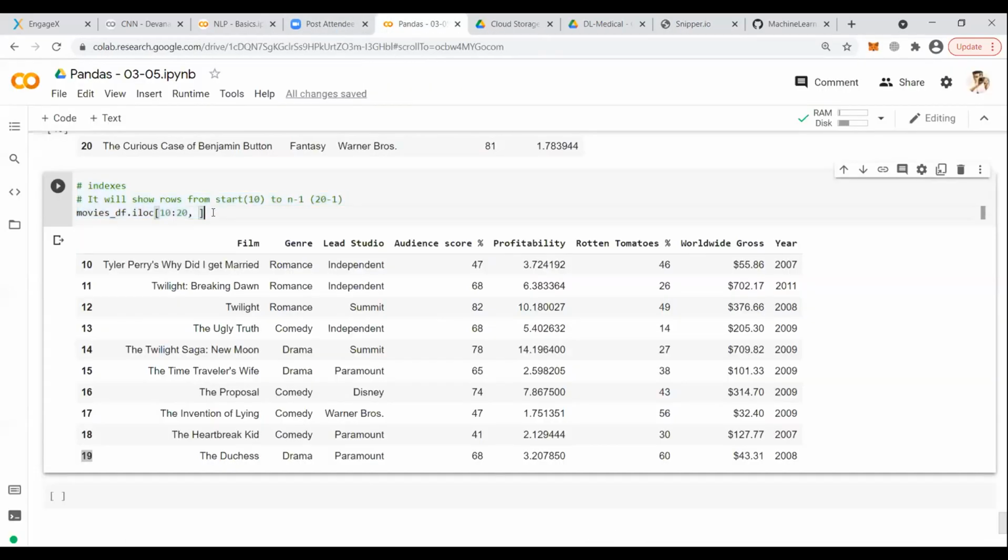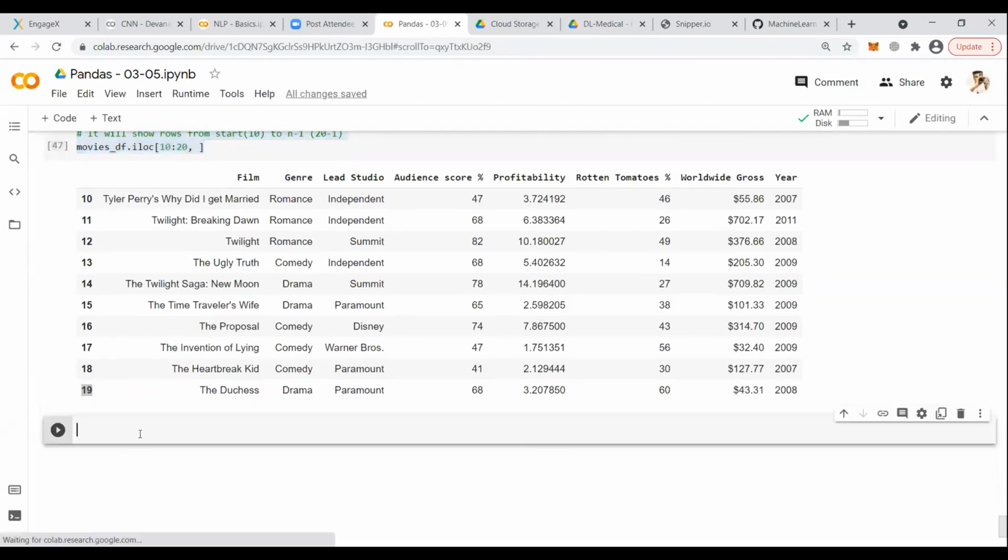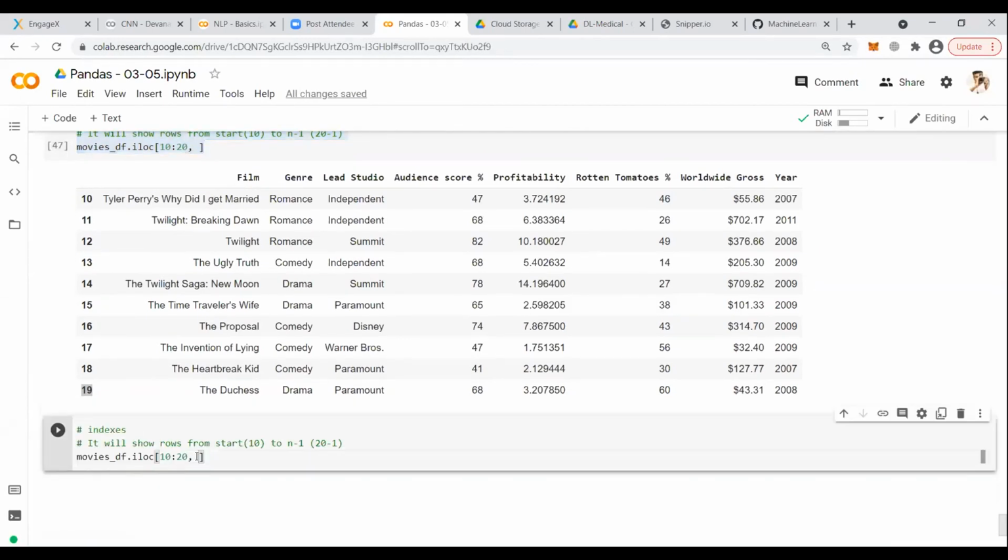Now I have not sliced the column. Let us do the last part in this, and that will be about slicing the column. So in slicing the column, I will mention the range. Let's say 2 to 5, or let's say 2 to 6. So if I write 2 to 6, that means the value will go from index 2, index 3, index 4, and index 5. Whatever the last value or end value is, that won't be taken, but it will have a range till n minus 1.